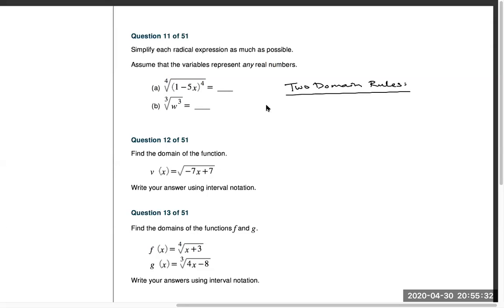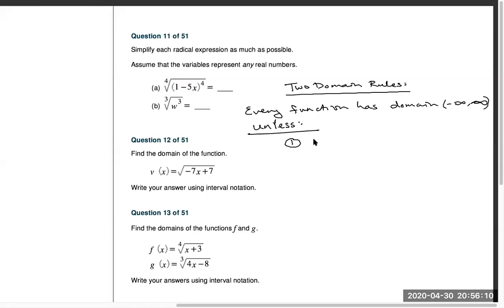Actually, let me put it this way: every function has domain negative infinity to infinity unless